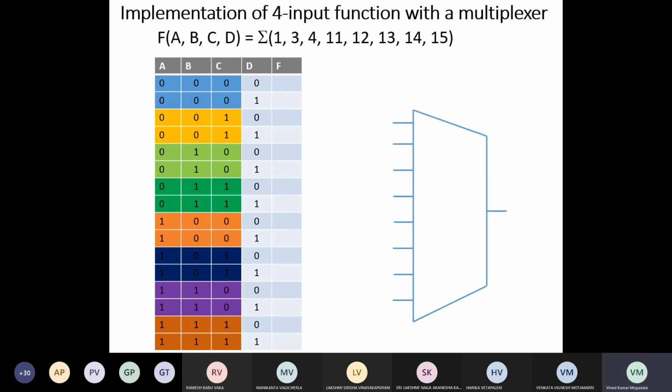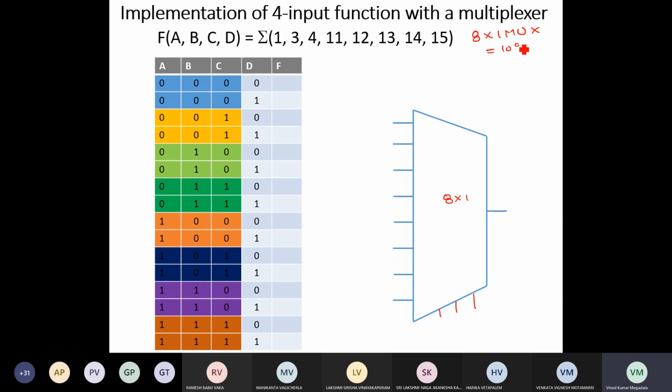Next, we will see implementation of the same, but now with an 8 cross 1 mux. We'll see how to implement the given Boolean function with a lower order mux. So an 8 cross 1 mux will have only 3 selection lines. How?